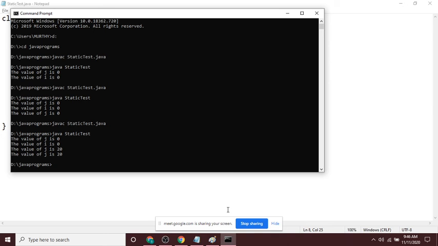For you to easily understand the difference between static variables and instance variables, the easiest way is this: you have your own textbook, and another textbook is shared by multiple people. If you have your own textbook, you can do whatever you want. Am I correct? But if the textbook is shared by multiple people and one person writes something in it, everyone can see it when they get it. Am I correct? So this is about a static variable.